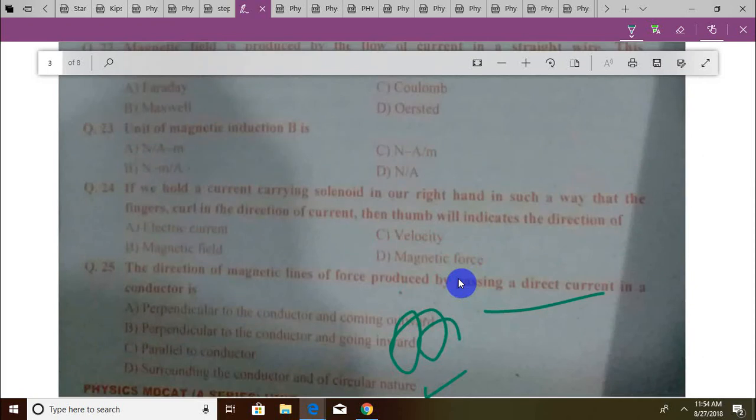करंट कैरिंग सोलोनॉइड को अपने राइट हैंड में फिंगर्स कर्ल करें द डायरेक्शन ऑफ द करंट, थंब इंडिकेट करेगा डायरेक्शन ऑफ मैग्नेटिक फील्ड, नॉर्थ पोल को इंडिकेट करेगा, क्योंकि आपको पता है नॉर्थ पोल से लेकर हम साउथ पोल की तरफ जाते हैं। तो सोलोनॉइड के अंदर तो नॉर्थ पोल की तरफ मैग्नेटिक फील्ड जा रही होती है। क्या लिखना चाहिए सोलोनॉइड के अंदर।